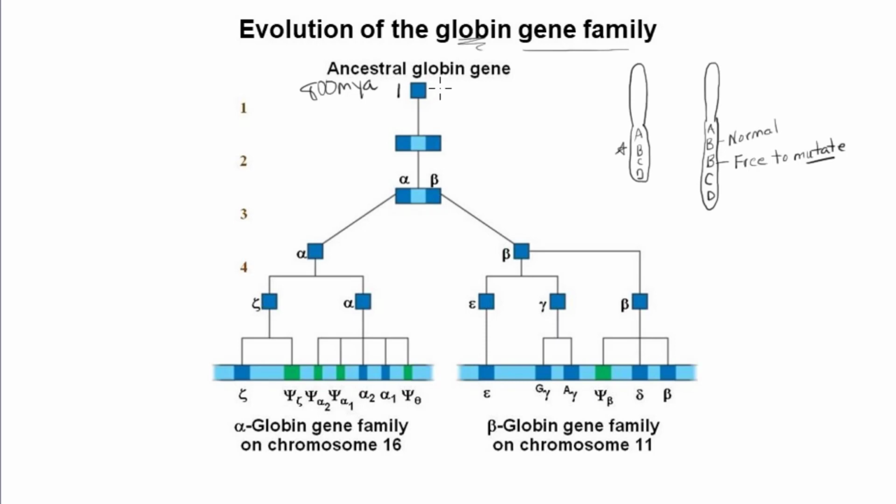If we look just at the globin genes that are present in the human genome, what we would see is that there are two separate clusters of globin genes, the alpha globin gene cluster on chromosome 16 and the beta globin gene cluster, which is on chromosome 11. Focusing just on the beta globin gene cluster, just for the sake of simplicity, what we would see is that there are 5 globin genes in this beta globin gene cluster that encode functional proteins, and then one pseudogene that does not encode